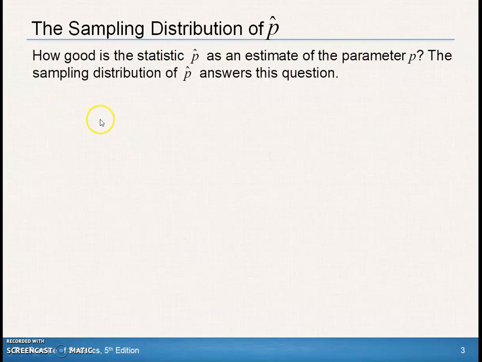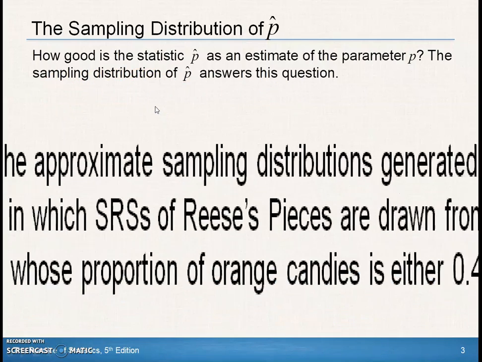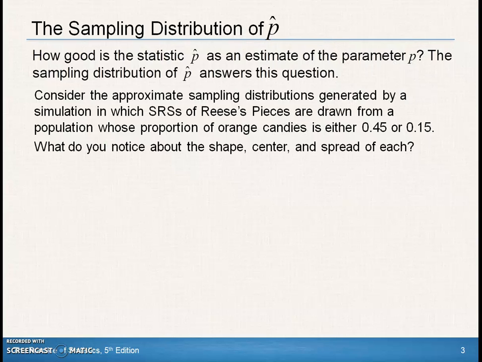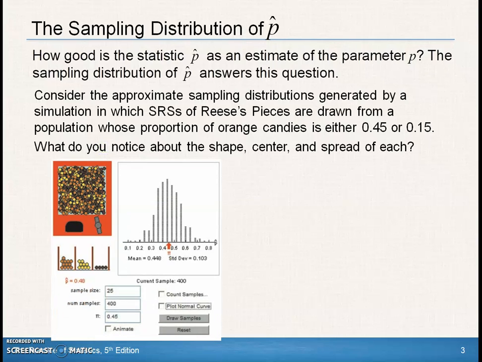So how good is that p-cap as an estimate for the parameter p? The sampling distribution of p-cap answers this question. Consider the approximate sampling distributions generated by the simulation in which simple random samples of Reese's Pieces are drawn from a population. And we know ahead of time that the proportion of orange candies is either 0.45 or 0.15. What do you notice about the shape, center, and spread of each? Well, let's see here. This is the 0.45